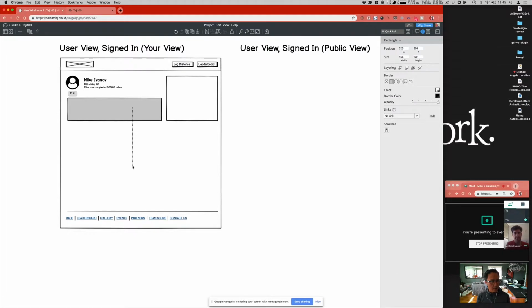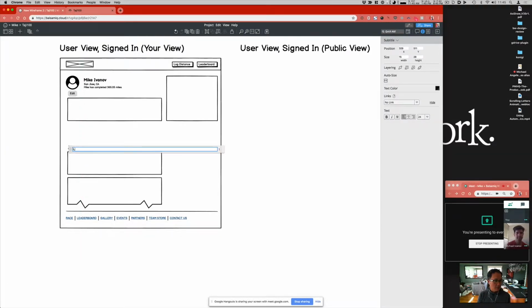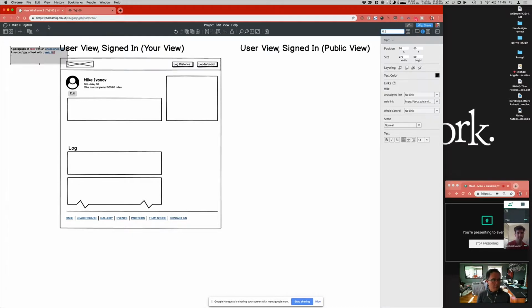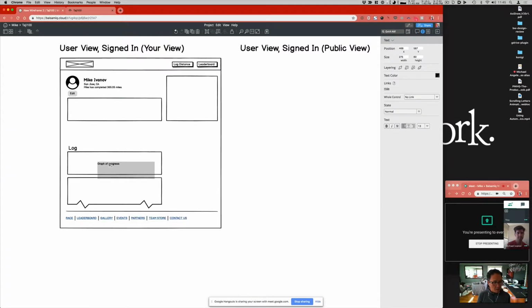Okay. So if we think about that, your log could be this long list of, let's put a subtitle in here. This is some kind of chart or graph. And then, let's see. All right, so we could just have it be part of this section of the page, right? Yeah. And then you have